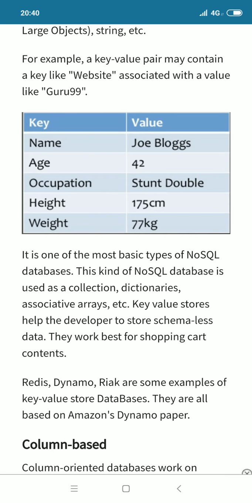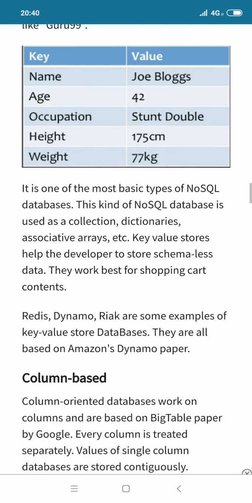So some other names of the NoSQL databases which can be used in projects like shopping carts are Redis, Dynamo, Riak. These are some examples of the key value store databases. They are all based on Amazon's Dynamo paper.